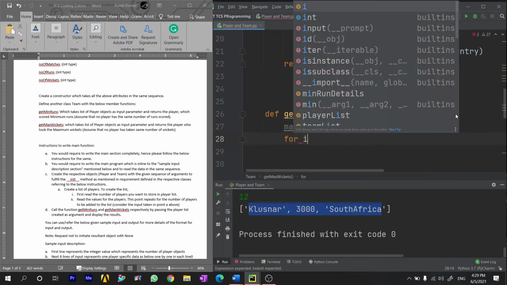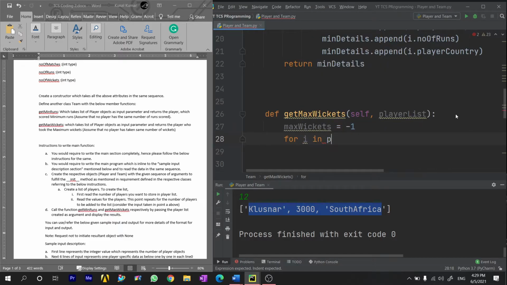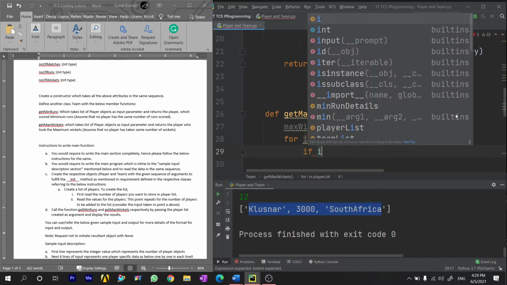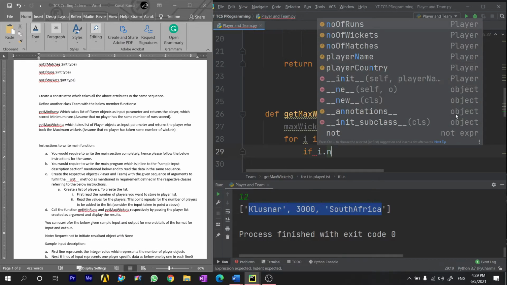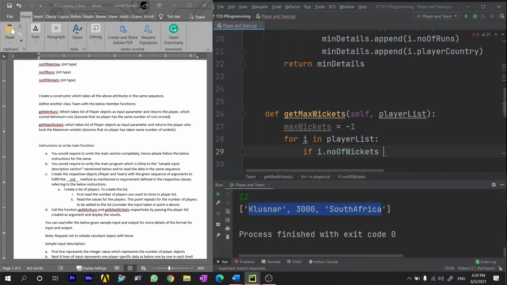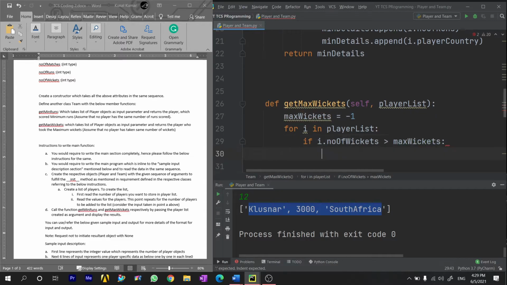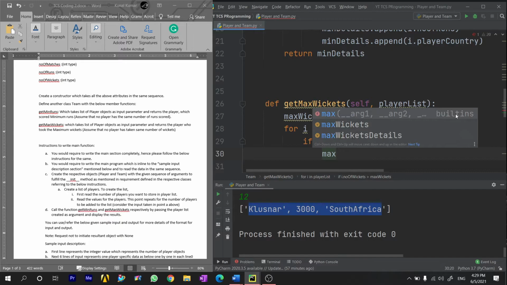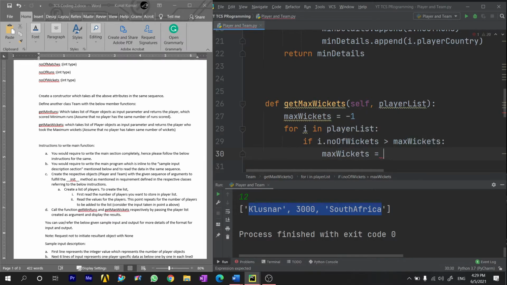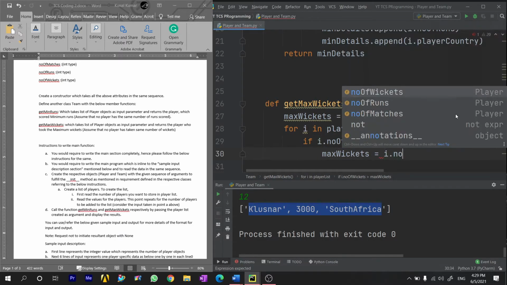Now iterating through the player list once again, we will check if i dot number of wickets is greater than max wickets. In this case, we need to change the value of max wickets to i dot number of wickets.